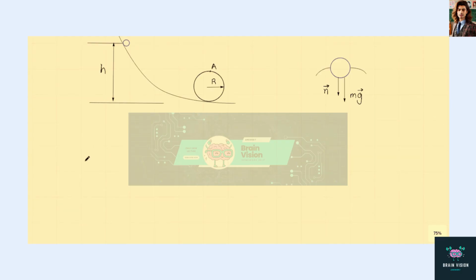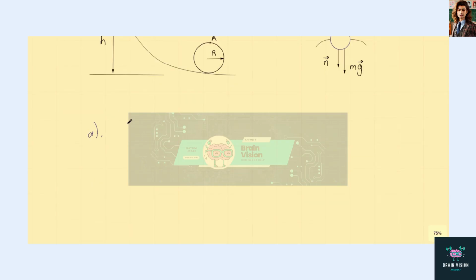So for part A, if we look at a diagram, the speed at the top can be found from the conservation of energy for the bead-track-Earth system, and the normal force can be found from Newton's second law. Now we'll define the bottom of the loop as the zero level for the gravitational potential energy. So we know the initial energy